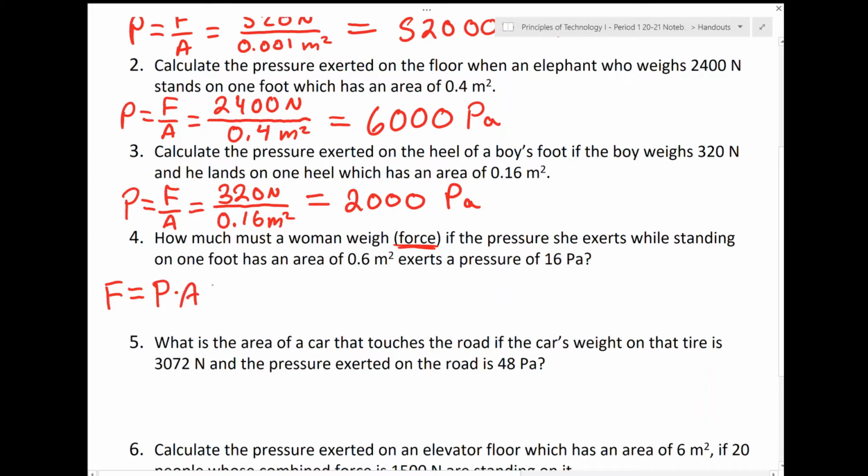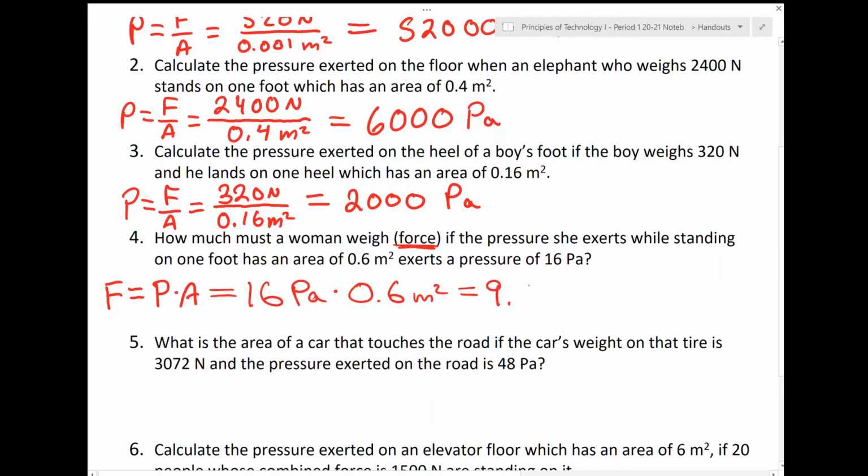The pressure that the woman is exerting is 16 pascals. She's exerting this pressure on 6/10ths of a square meter. 16 times 0.6 gives you